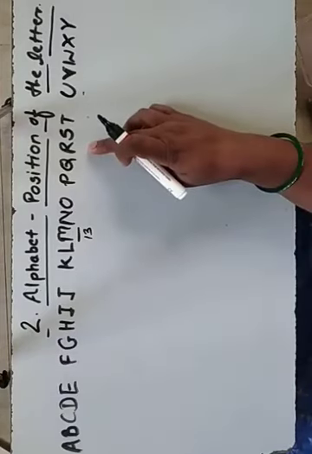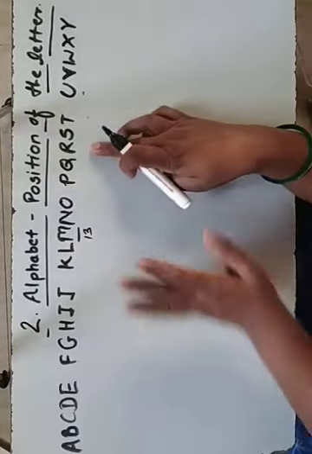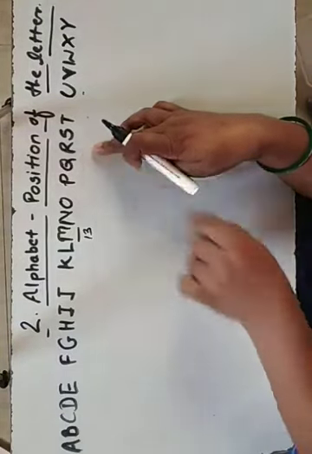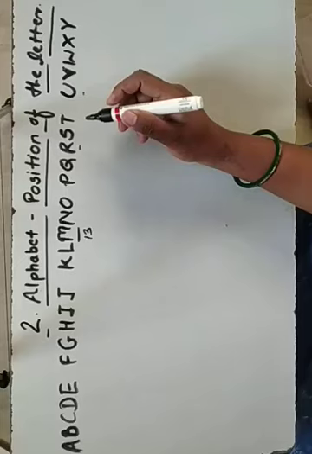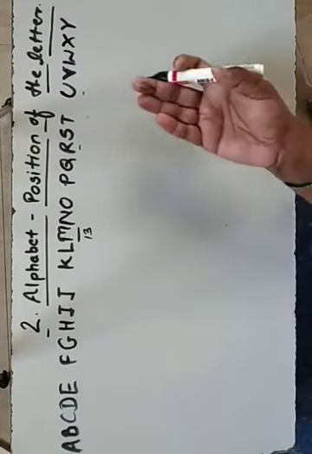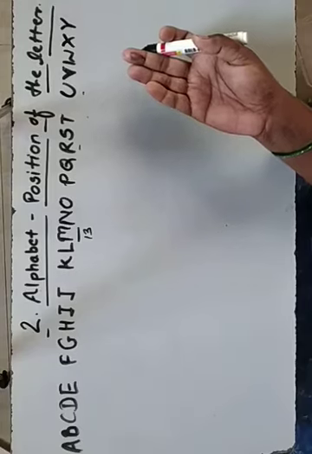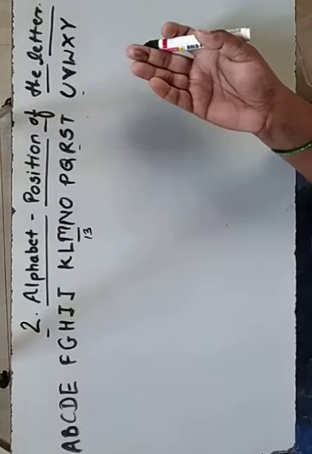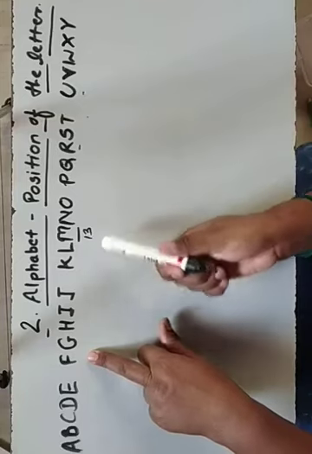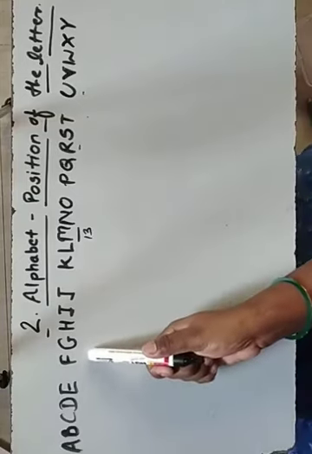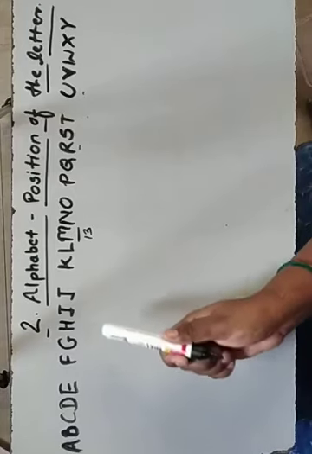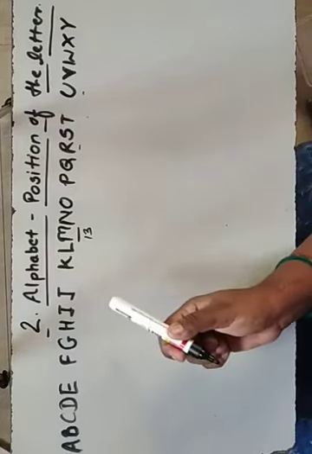Suppose I want to count R from the left side. So immediately 5, 10, 15, 16, 17, 18. Okay. So we can say that R is present at the 18th place. Suppose I have to count this F from the right. Yesterday I told you your right is the notebook's right or paper's right. So if I have to count, then 5, 10, 15 and this position is the 20th position. So in this way, if we are making groups of these letters, then it will be easy for us, or it saves our time.